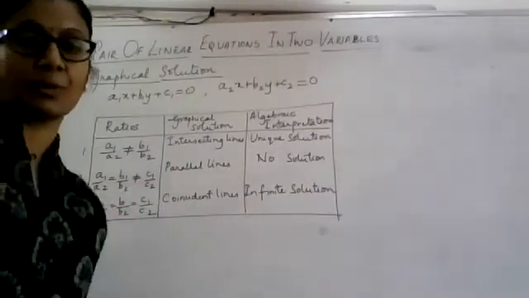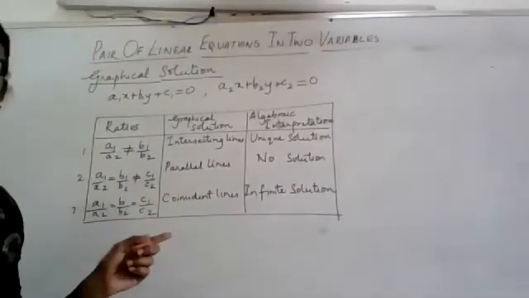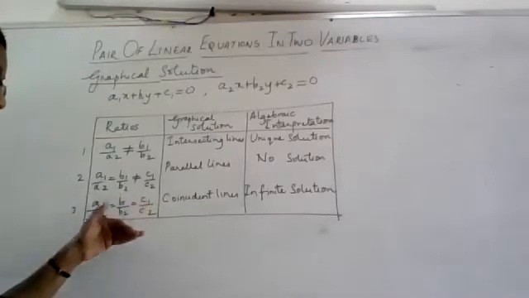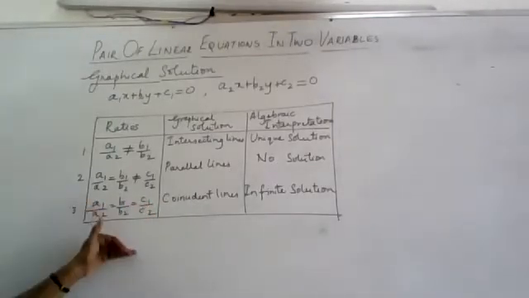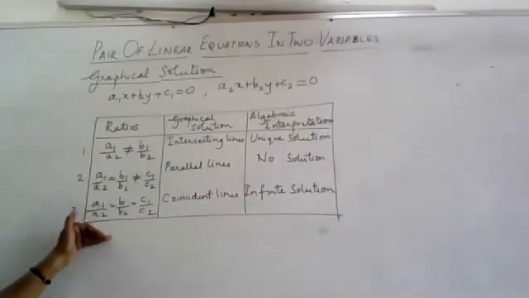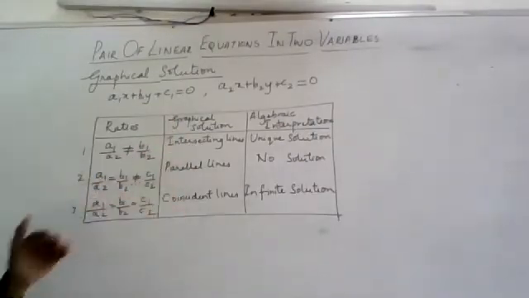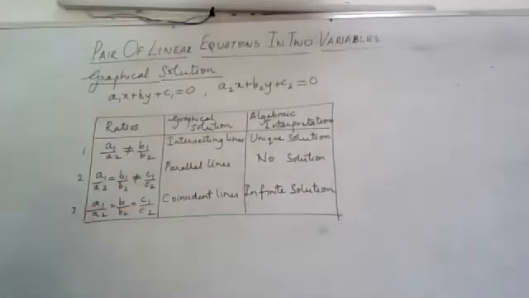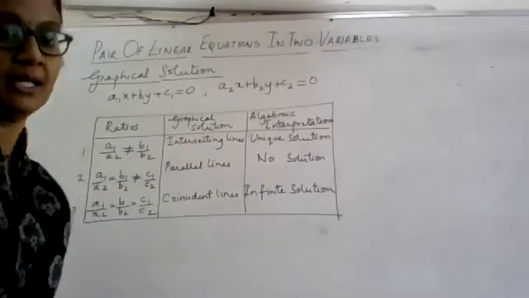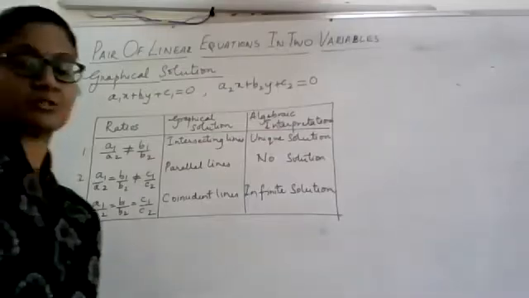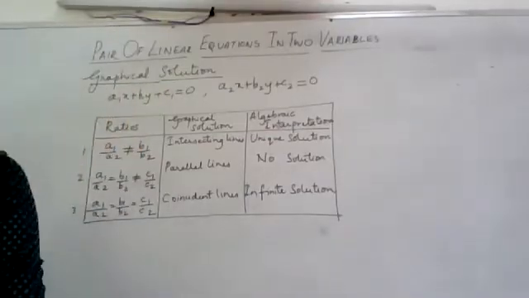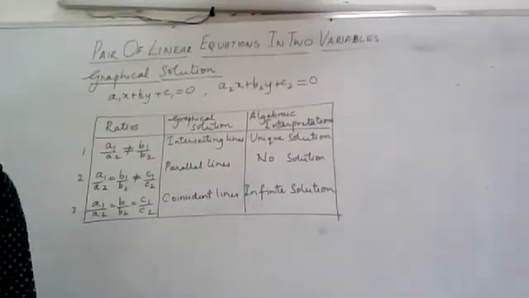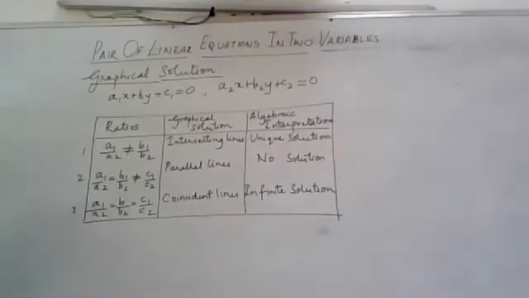Please take this down quickly. This is exactly what we will repeat in our activity also. So you must try to understand, identify and apply these ratios so that you are able to tell what kind of lines you get, and henceforth you should be able to tell what is the kind of solution you will be getting in the set of equations. So please take it down. We will start checking whether we are able to apply this in the problems. I can't give you too much time. Take it down quickly.